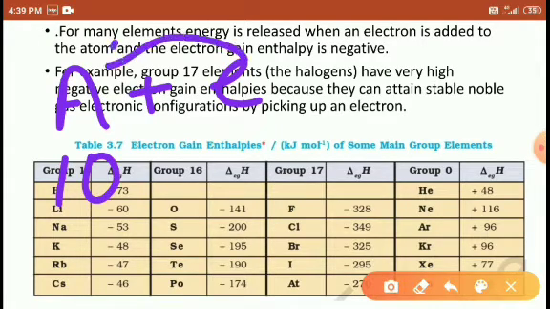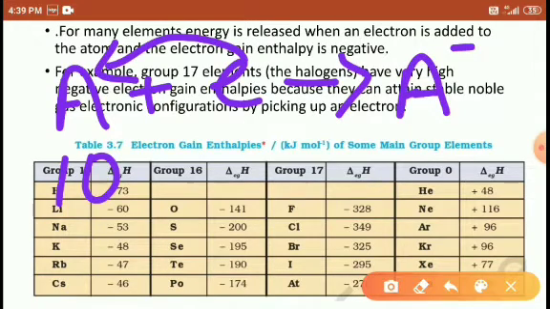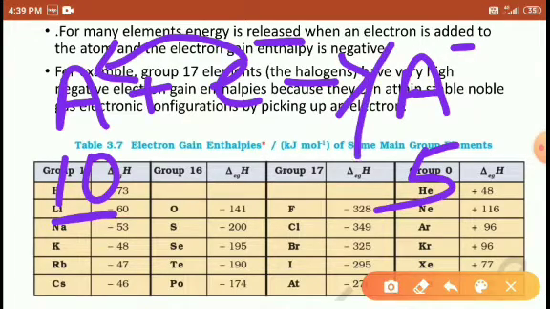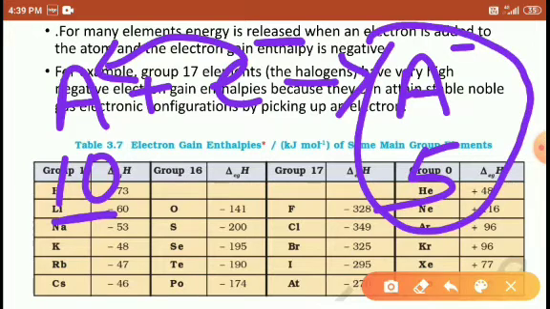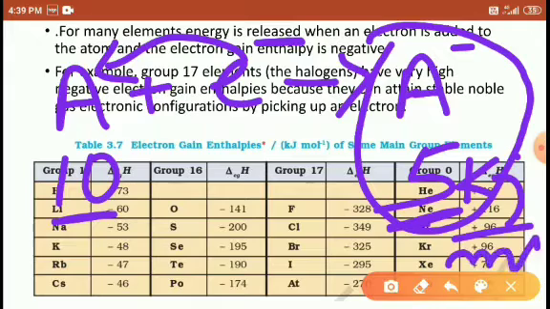When we add an electron to atom A, it turns into A minus, and its energy turns into 5. What does this explain? The energy released. Out of 10, it is releasing 5 kilojoule per mole of energy, and when it turns into a negative charge, only 5 kilojoule per mole of energy is left here.